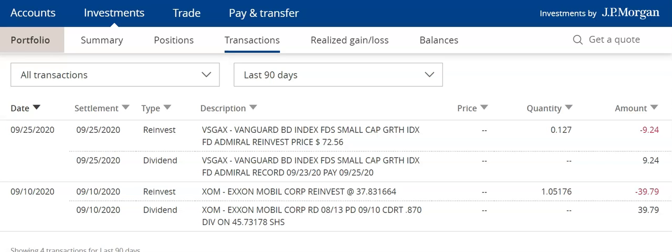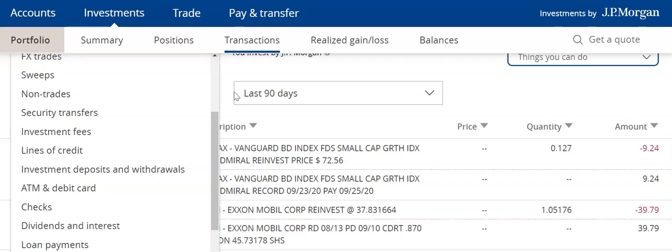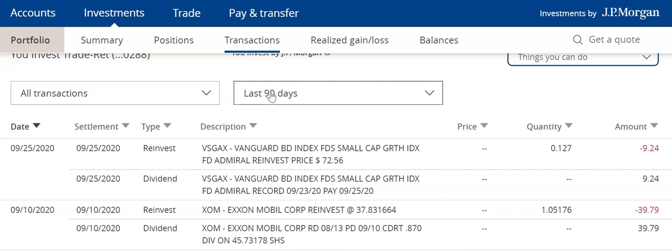So one thing you will notice is that on the left-hand side you have all the different types of transactions that you can review, explaining shortly, and on the right-hand side a series of ranges that you can have displayed for the recent transactions that your account has performed or that you have performed. And I have mine clicked to 90 days so that we can look at the period because something very interesting